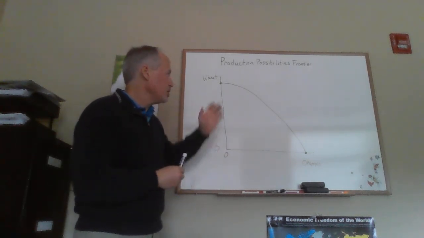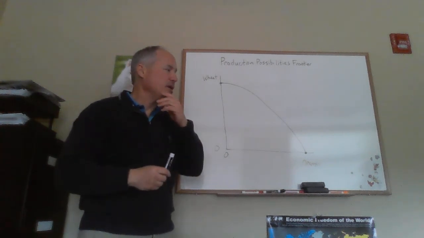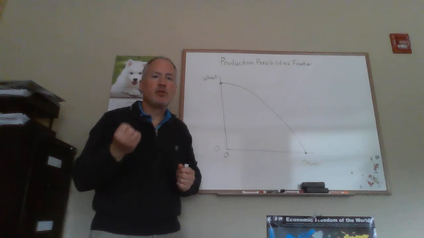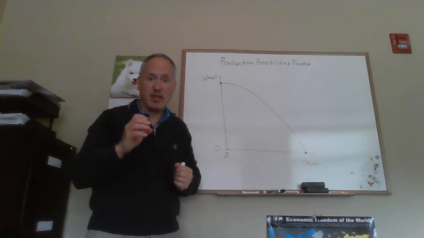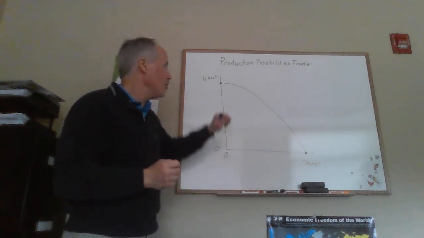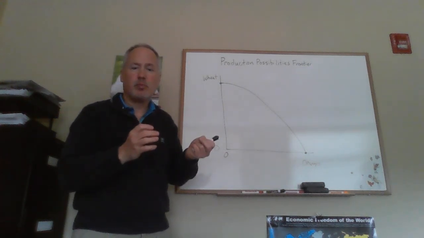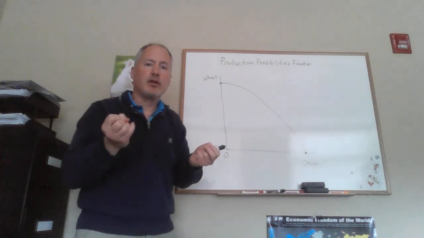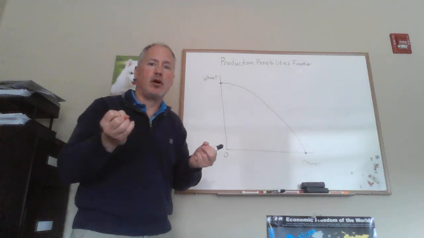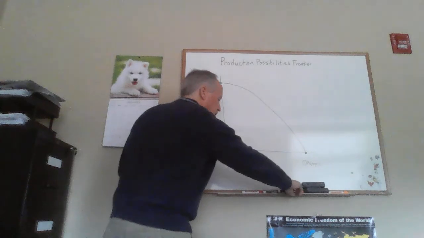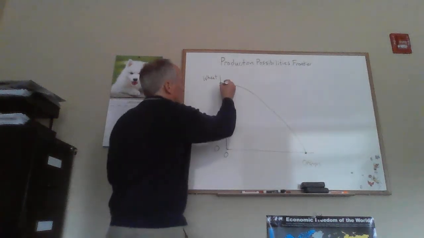Now, I drew this curve so it's bowed as opposed to being a straight line. Is there some reason for that? Well, there is, and it's related to what's known as the exact opportunity cost. If we were to calculate the slope of this curve between any 2 points, the slope of that curve would be the opportunity cost. So if we had a production possibilities frontier,